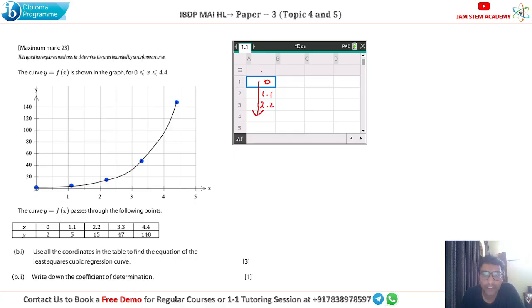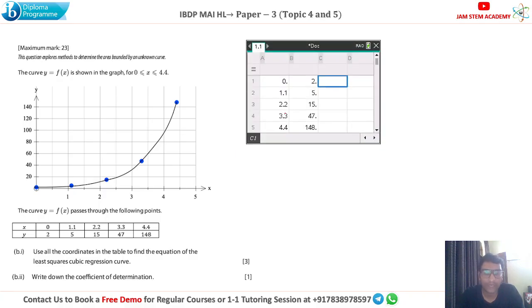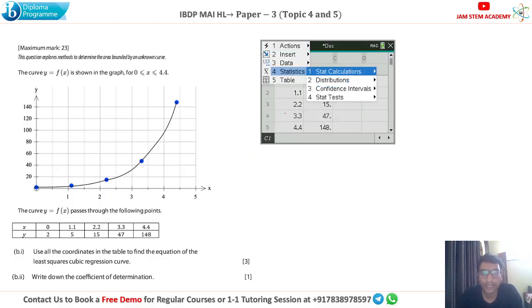on. And enter all the y values in this second column, which is 2, 5, 15, and so on. Enter these values first. It means you have entered the coordinates of the points. Now we have to find the equation of cubic regression, right? So for that, go to menu, then statistics, then select the stat calculation, and in that stat calculation there